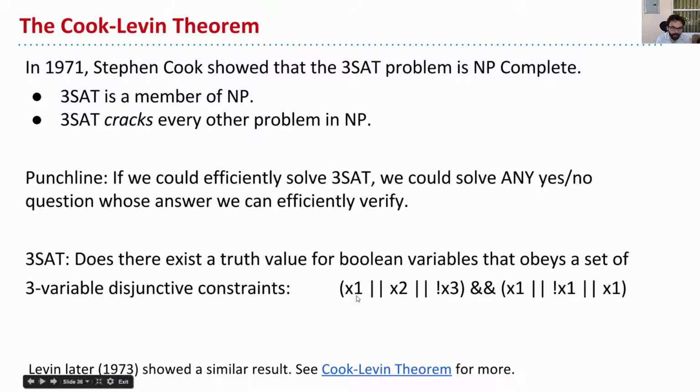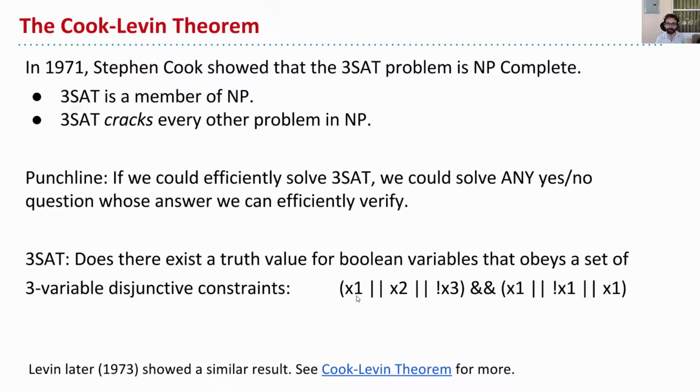So it turned out that in 1971, Stephen Cook showed that the 3-SAT problem, the one we've discussed, is NP-complete, it is a master skeleton key. That if you could solve 3-SAT efficiently, you could solve literally any yes-no question for which you can verify things quickly with that problem. It's kind of a deep, crazy thing. That is, integer factorization, airline scheduling,